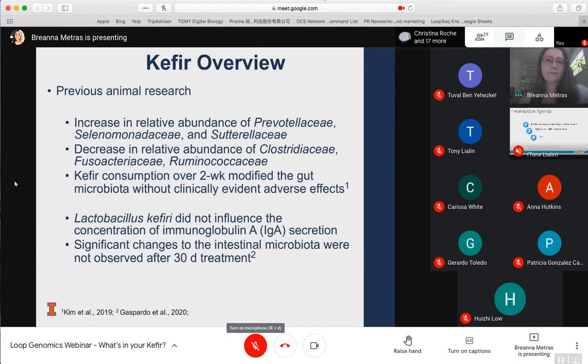Previous research in animal studies is sparse in terms of kefir. We have a lot more with humans. One of the 2 publications currently out that studied kefir effects in animals did show that dogs supplemented with kefir for 2 weeks had an increase in Prevotellaceae, Sutterellaceae, and related bacteria, and there was a decrease in Clostridiaceae, Fusobacteriaceae, and Ruminococcaceae. So kefir consumed over 2 weeks modified the gut microbiome, but there were no clinically adverse